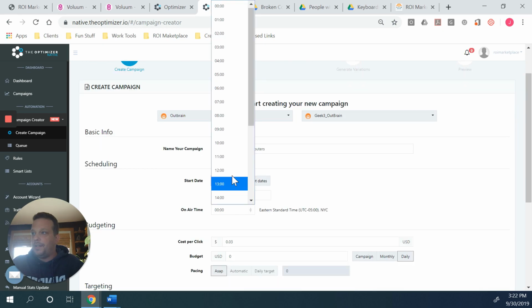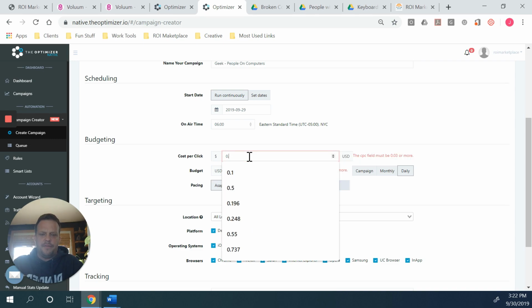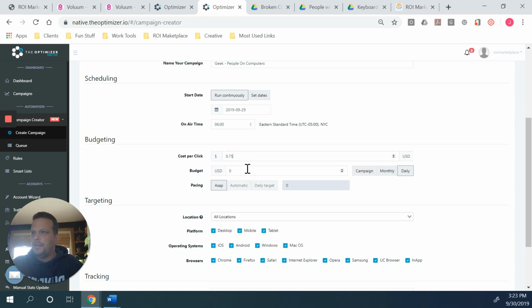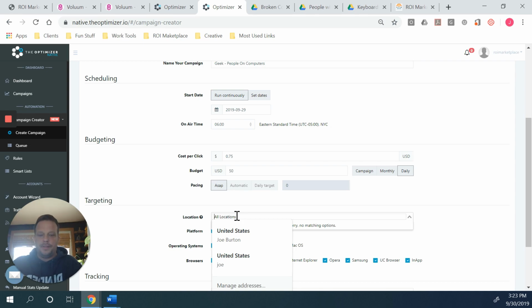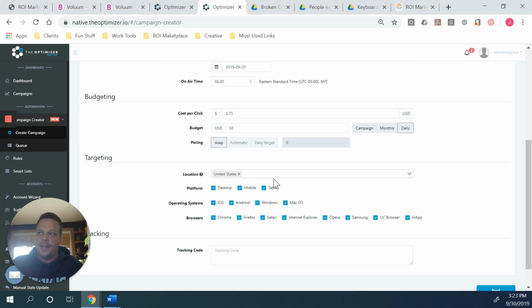We'll have the campaign turn on every morning at 6 a.m. We're going to set a fairly aggressive bid of 75 cents. We're going to start off with a low ad spend at just $50 per day. Personally, I don't think you need to go really aggressive out of the gates on your daily ad spends. I think as long as you've got $50 to $100 per day, you can get a lot of data in